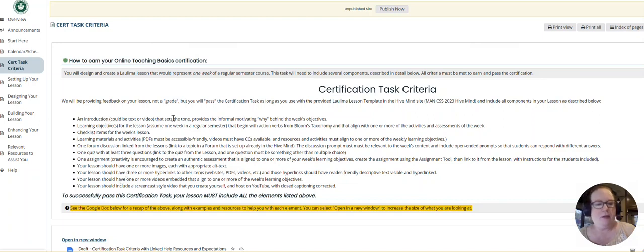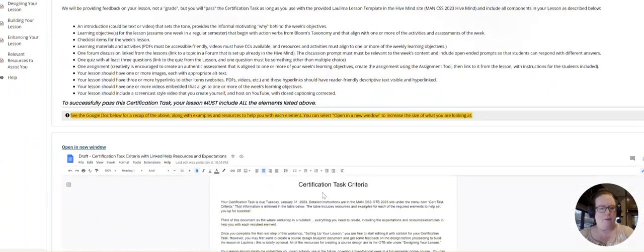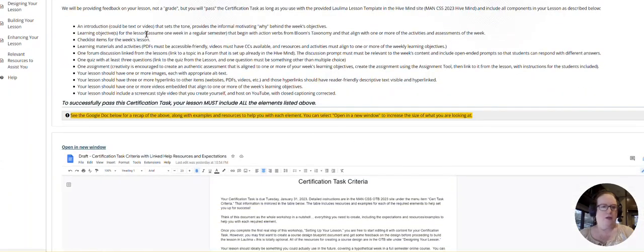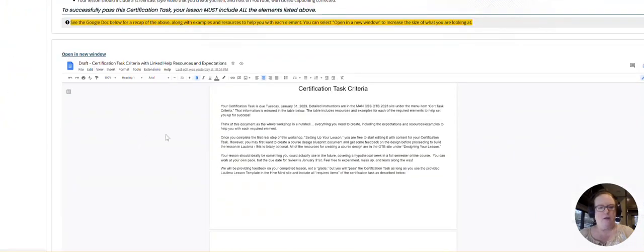That doesn't mean they have to be the most brilliant or the best or the most wonderful in every aspect. We will be giving feedback, suggested ideas for improvement, things like that. But as long as you include an attempt at all of these and it's reasonable, then you will pass, no problem. So this is a little bit of a short list to kind of get an idea, but it's